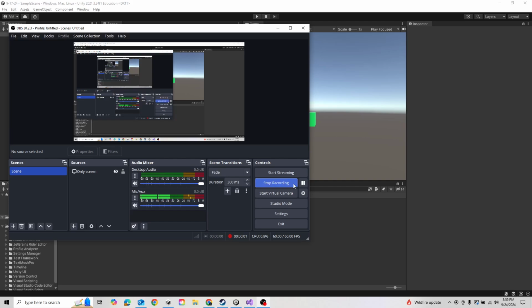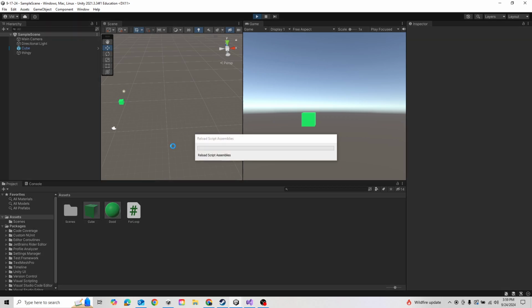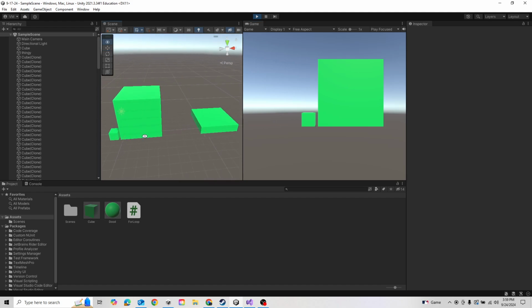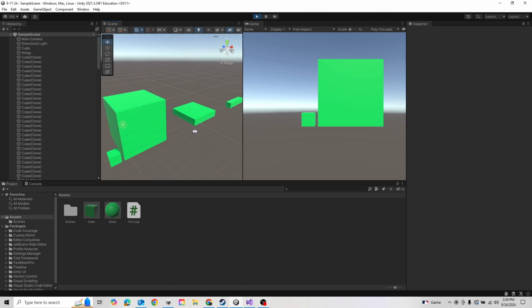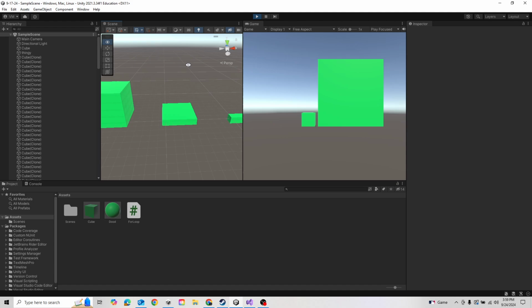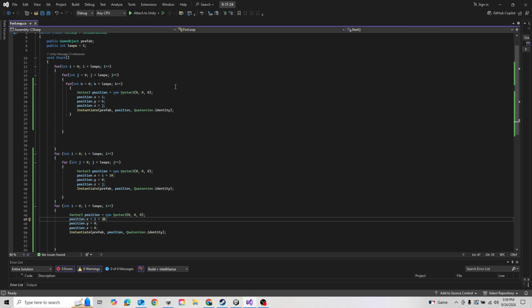Hello. Here is my Unity project with the loop scripts, and as you can see, I've achieved the three desired outcomes for the loops: one cube, a grid, and this stick or whatever you call it. How I achieved this on my end was that I took our original code and kind of iterated on it a bit